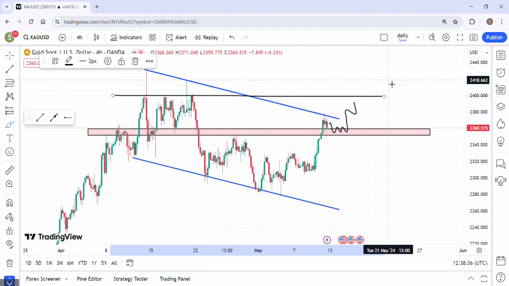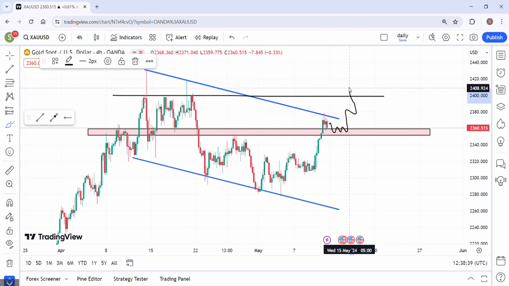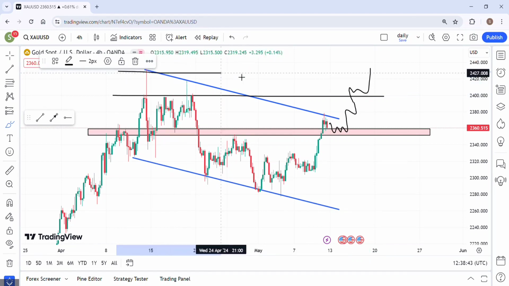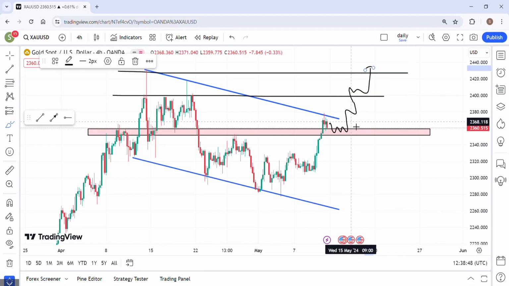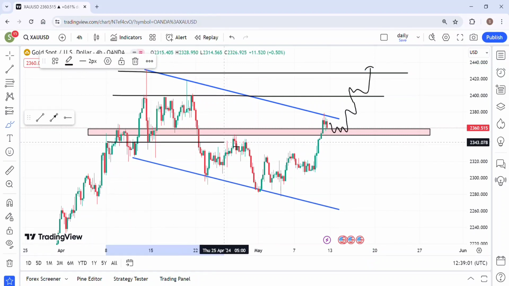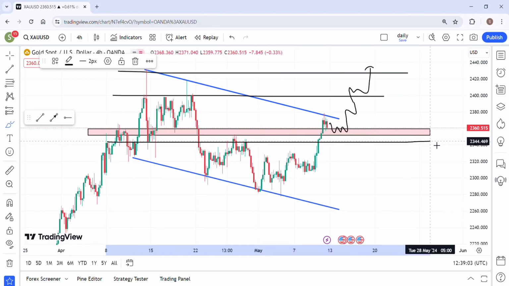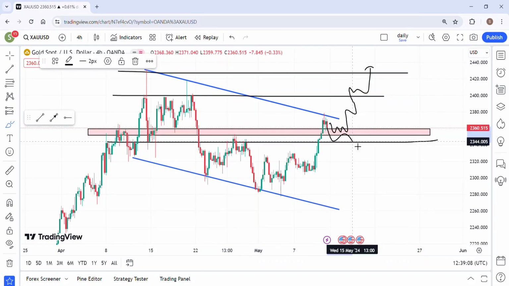And if gold moves past this structure, then we will have again this buying level, 2427. Maybe gold this time will break its all-time high because it is moving with a very strong buy momentum due to war. If somehow the market manages to break its red zone area, then this will again be the buying area, the 2345 area. The market will retest this and again it will be in the buying state. So we are hoping for buy momentum in gold.